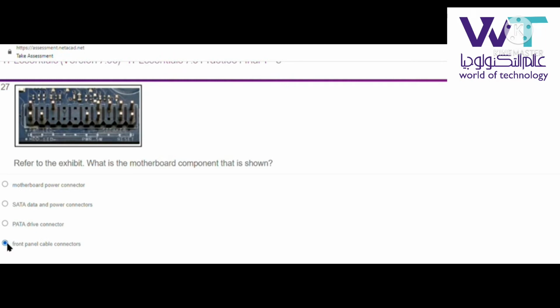يديني صورة وبيقول refer to the exhibit what is the motherboard component that is shown. هتبقى ده الفرونت بانل كابل كونكتور. فرونت بانل كابل كونكتور. السؤال اللي بعده